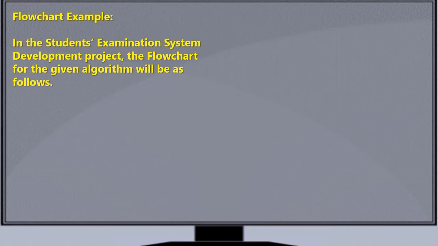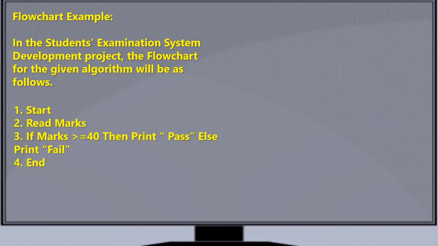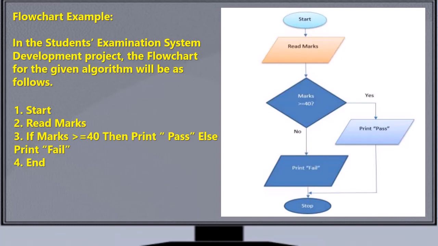Dear students, you can see an example of a flowchart on the screen. In the student's examination system development project, the flowchart for the given algorithm will be as follows. This is the algorithm we have already discussed, and this is the flowchart of this algorithm. Now this is the first step, start, and we use the terminal sign for start and stop. Read marks, this is an input operation, so we use a parallelogram. You can see the arrow sign for connecting different operations.